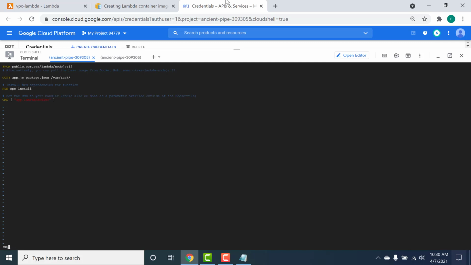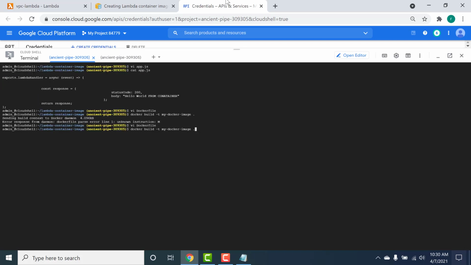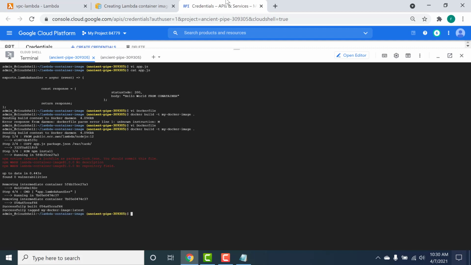Yep, this looks correct. Let me run that command once more. I think my image is created. Just to verify, I'll run docker image ls. You can see that my image has been created.